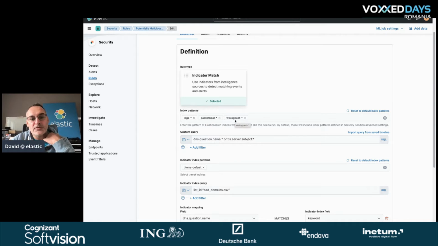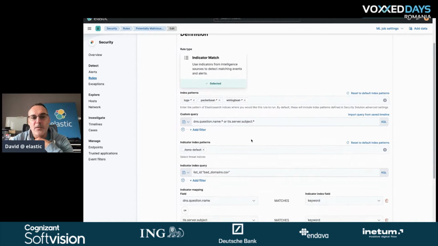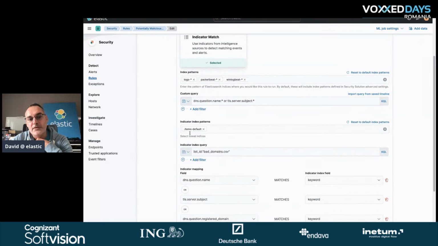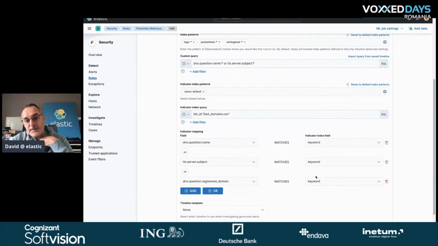And Winlogbeat also for Windows events. Then we are running a query here, which says: look within the field name dns.question.name or tls.server.subject and try to find within a specific index named items default here for the keyword field and see if it matches or not.